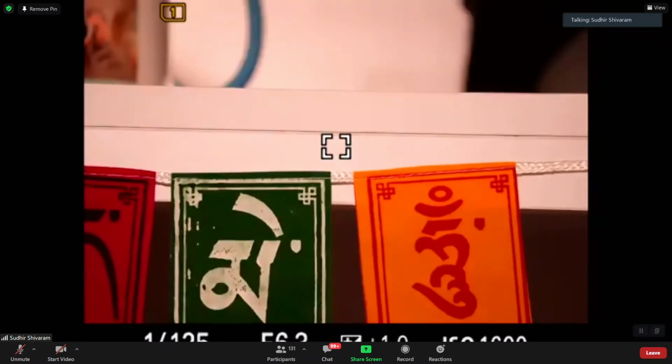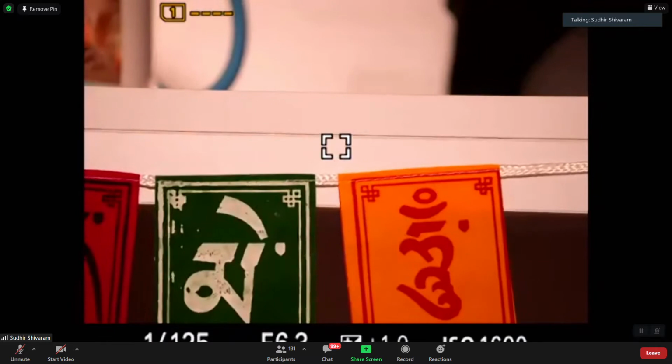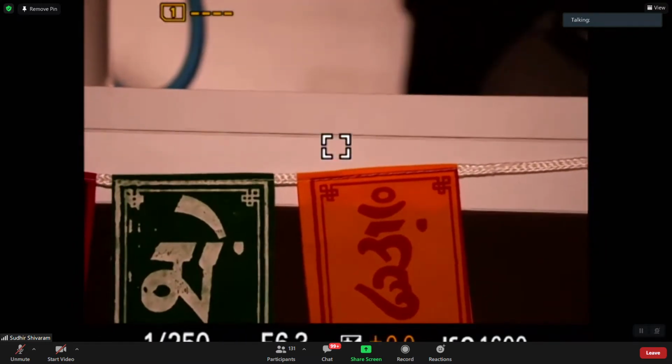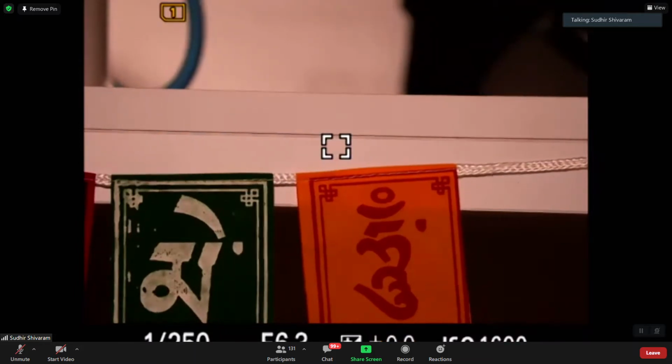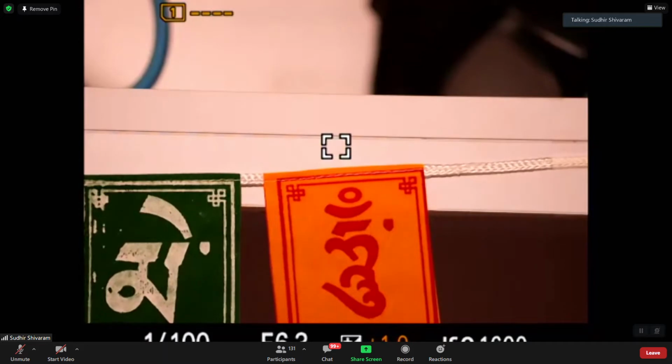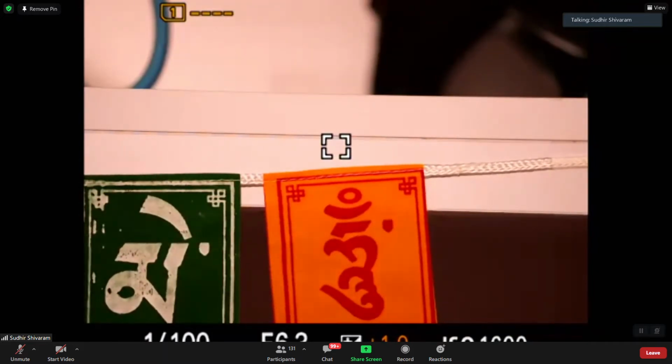Okay, so here again, if you make it back to 0 exposure compensation, what the camera gives, as you can see, you're shooting anything brighter in your frame, which is the white part of the frame over there. So the camera underexposes, you have to overexpose. Okay, so this is how the metering works, which is again very important. All these are the fundamentals of photography which you have to understand.